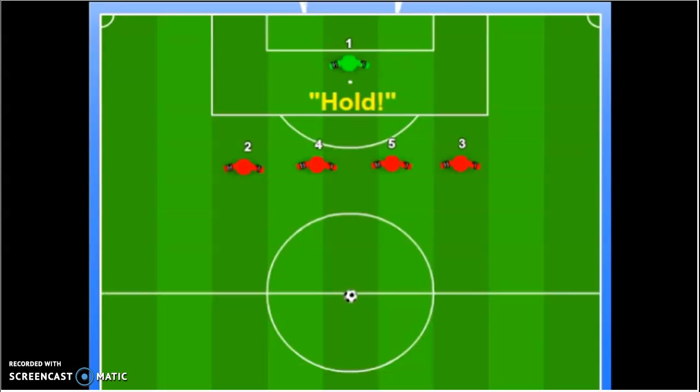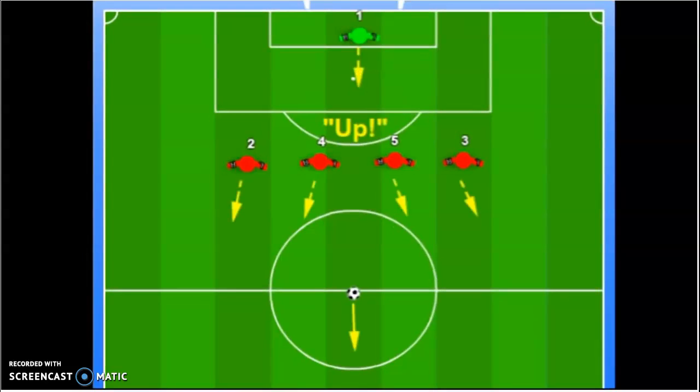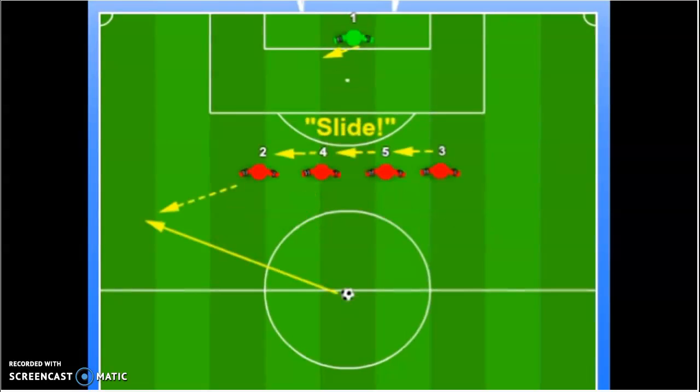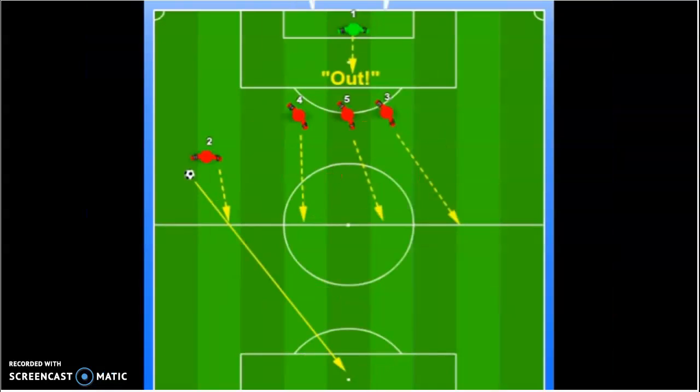Firstly, I want to focus on a clear defensive vocabulary, so the team all know exactly what they need to do off one shout. Hold means the back line stays exactly where it is. Up, the ball's travelling away from your goal, so you move up in a controlled manner. Drop, the ball's travelling towards your goal, maybe someone's dribbling it and you drop together. Slide, the ball's moving across the pitch from one side to the other. And out for when the ball's gone a significant distance away from your goal and you want your whole team